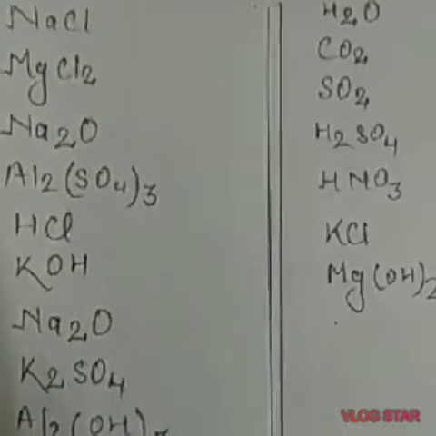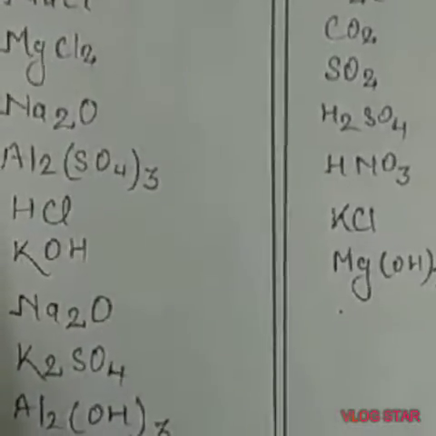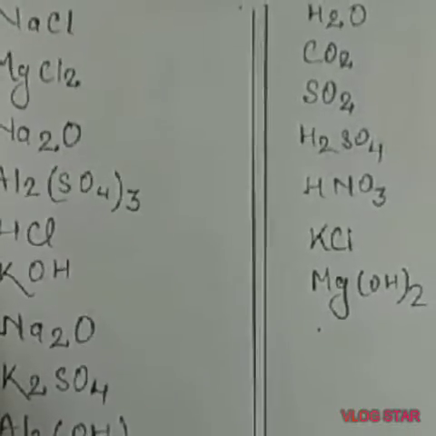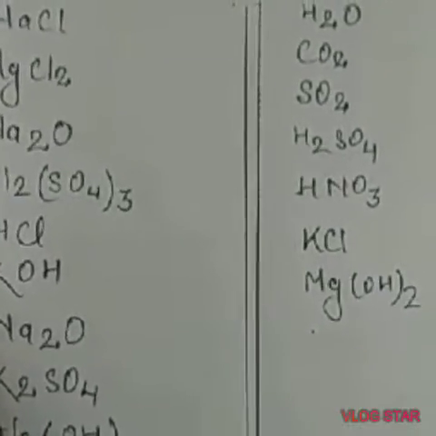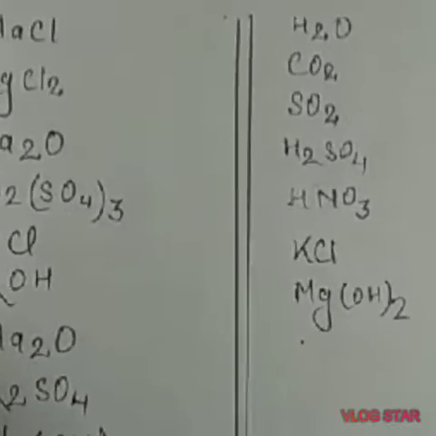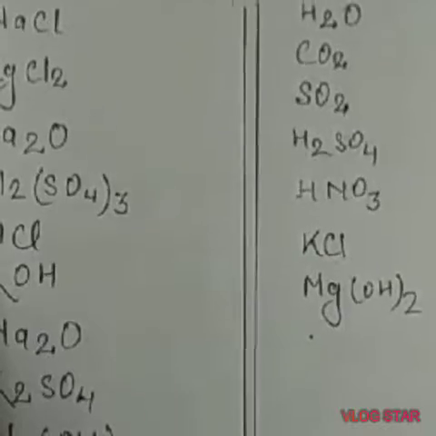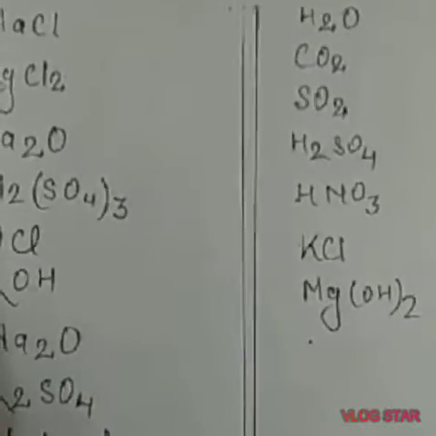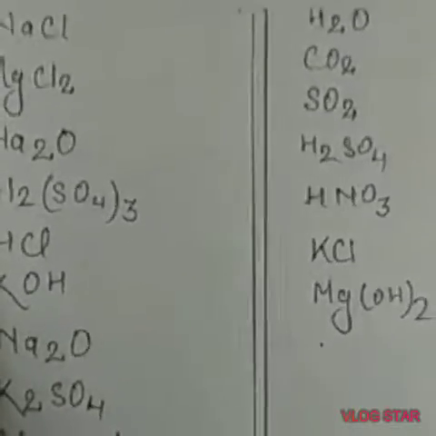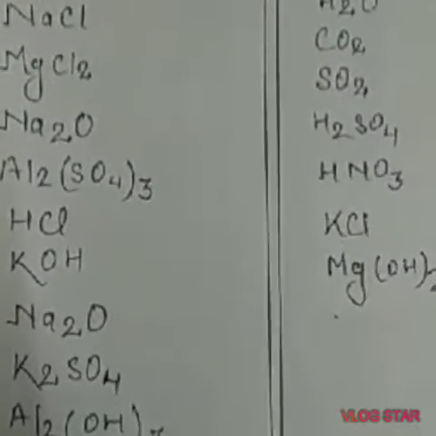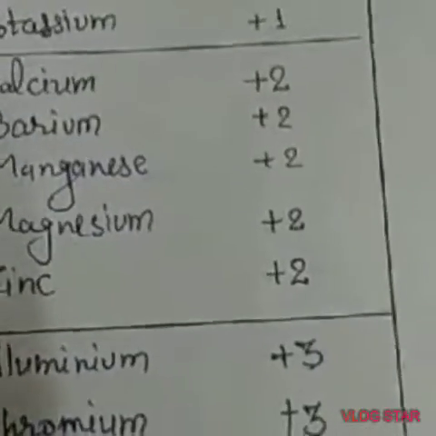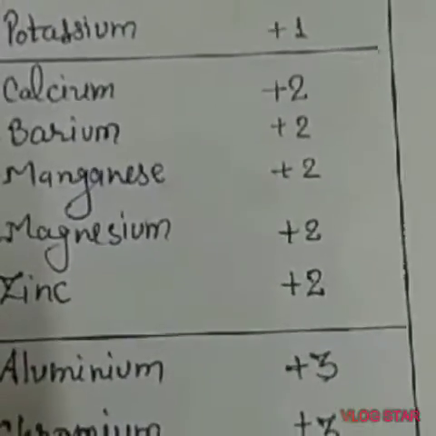In this video, we will learn how to write chemical formula. We know that in all languages, the alphabets combine to give words. So, the language of chemistry starts with the symbol. What happens when these symbols combine? We get the chemical formula. Okay, let's see how we get these chemical formula.